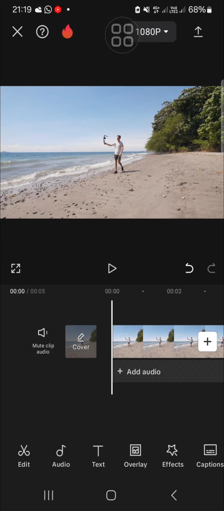In today's tutorial, I'm going to show you how you can create slow zoom in effect in CapCut Mobile. Okay, let's get into it guys. Here I have created a project in my CapCut Mobile application and I'm going to apply slow zoom in effect